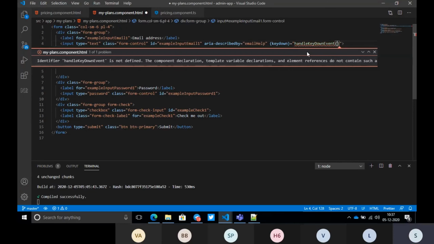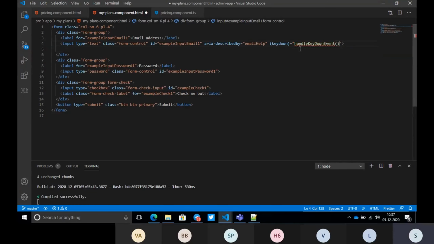Mostly in real time, for whatever event they are handling, they will write handle plus the event name, or on key down event, prefixed with either handle or on. So I'm just going with handle key down event here, and whenever they're pressing it, we want to get the value, right? So we will press dollar event.